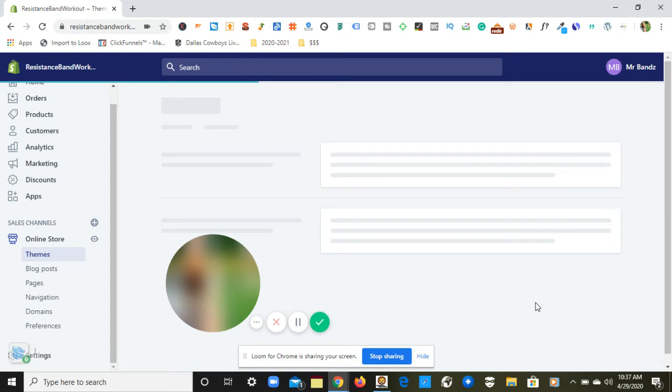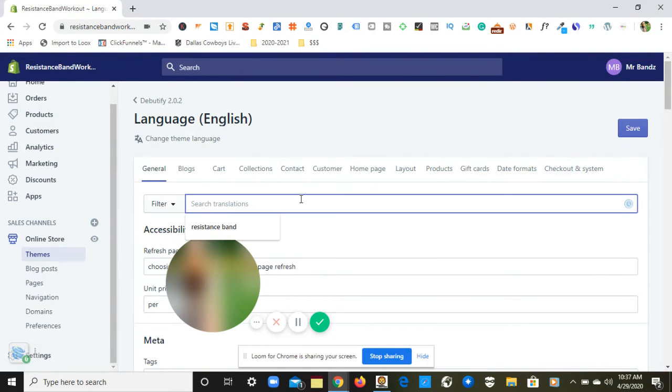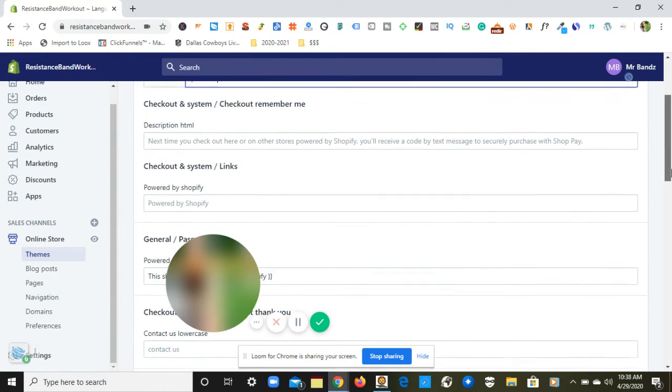So this is what you should be seeing on your screen right here where it says filter. I'm going to just come in here and type powered, hit enter. And what this is going to do is search for Shopify on the store. And where we want to scroll down to is right here where it says checkout and